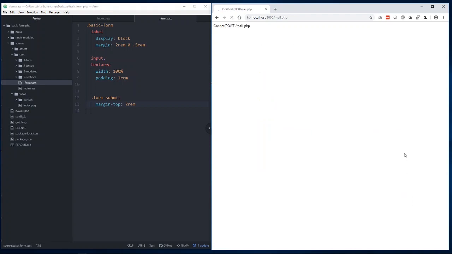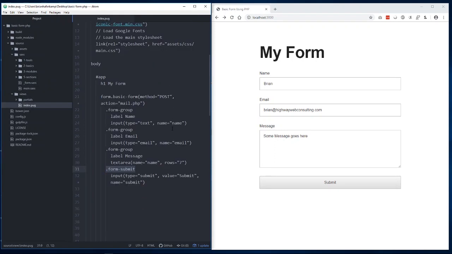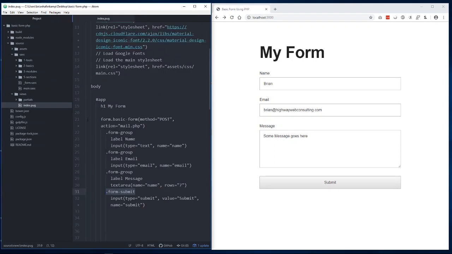And right now when we submit, it's telling us that it's trying to push this over to mail.php. It's trying to post it there, but it can't do anything because mail.php does not exist. So that's something that we are going to have to create. But this is going to be our basic form. So we're going to email this information to ourselves, to me actually. And this is really all the styles that we need, I think, for this form. And the rest of this is going to be kicked over to